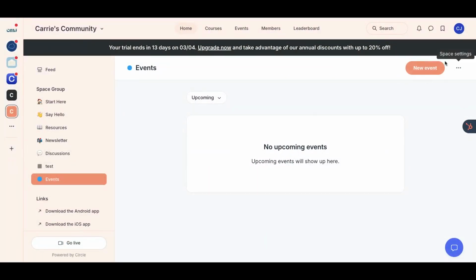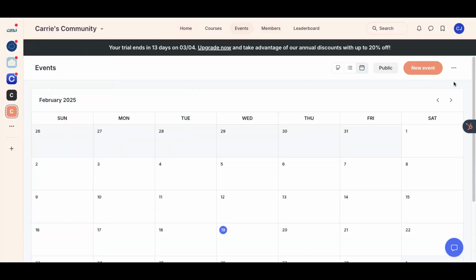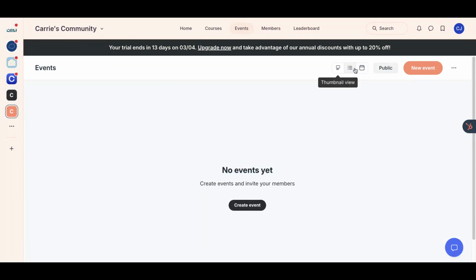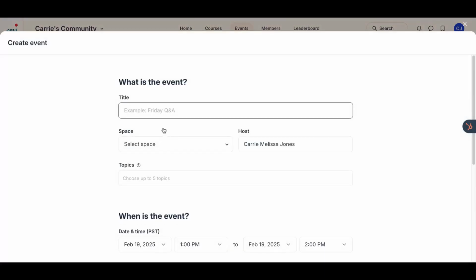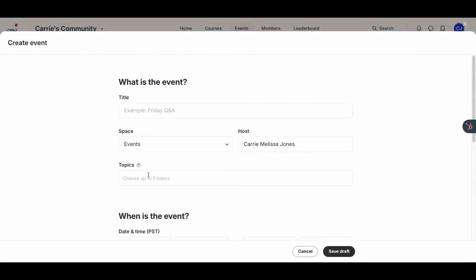So either you can create one from right here, or you can go back into this calendar view and create one. And you can decide if you want the events feed to look like a calendar like this, if you want it to look like what they call a list view, or if you want it to look like the thumbnail view. To really utilize the thumbnail view or the list view, you need to have event banner images on everything. Otherwise, it just looks sloppy. So that's more work. If you want just the easiest thing you can possibly do, create an event inside of this view here. So you can create a test event.